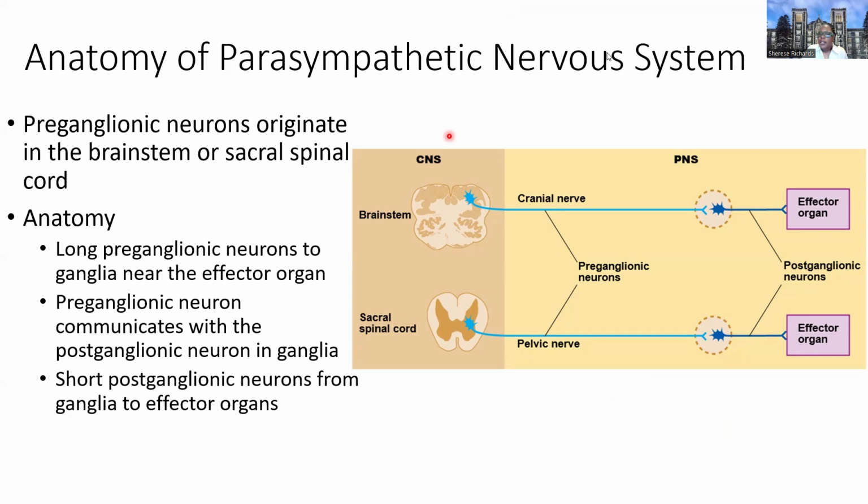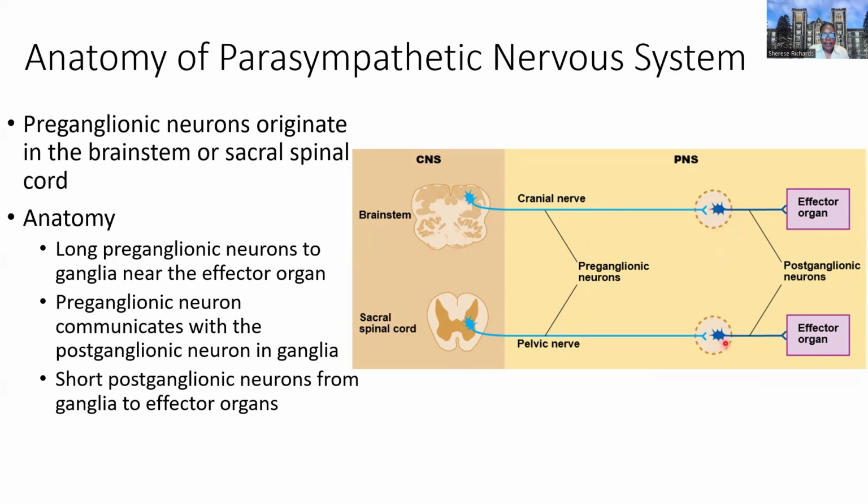Okay, so let's look at the parasympathetic anatomy. And here the preganglionic fibers arise from the same location, but they are coming from the CNS, so the brainstem and the sacral spinal cord. In the sacral spinal cord, they're also coming from the lateral horn, but then in the brainstem, they're going to be arising and forming the cranial nerves. So both cranial nerves and pelvic nerves are carrying preganglionic parasympathetic signals.